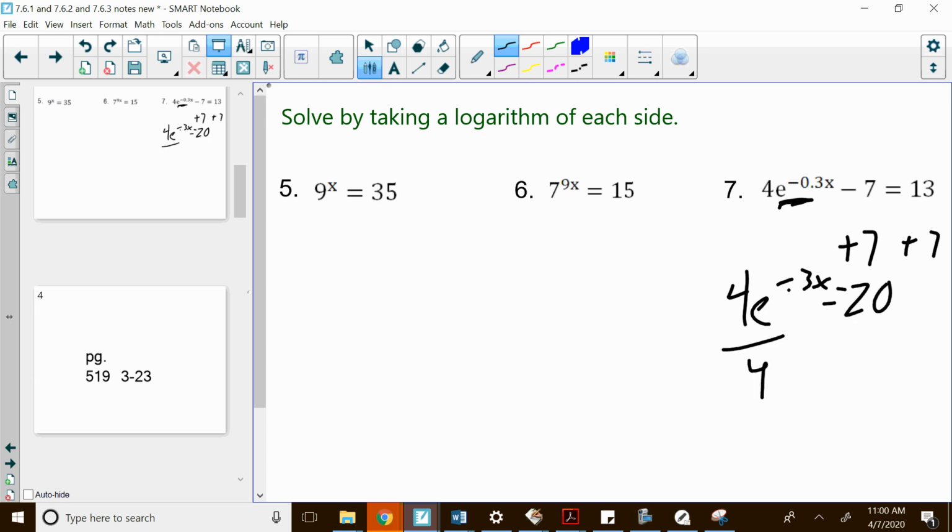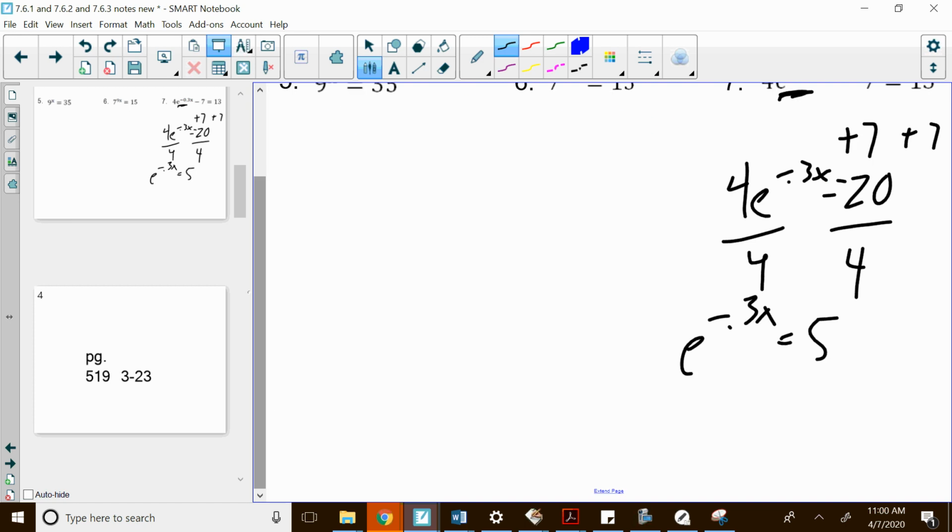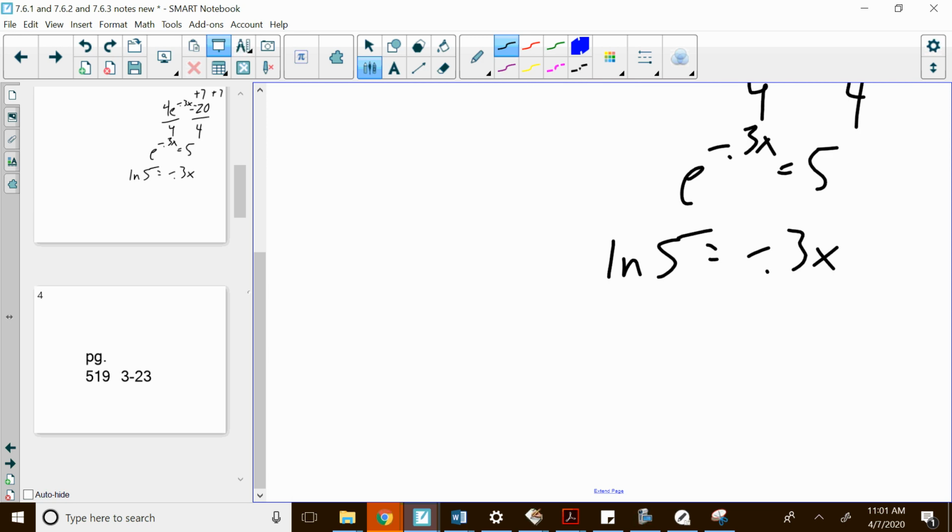Then we're going to divide by 4. Again, get that 4 out of there. We're trying to get the base raised to that power by itself. So e to the negative 0.3x is equal to 5. Now we're going to rewrite forms, only it's not a log but a natural log. This means the natural log of 5 equals negative 0.3x. It's just rewriting forms. Okay, and then we are going to do that. That's just calculator work. The natural log of 5 is 1.61, blah, blah, blah, and then divide that by negative 0.3, and you're going to get x equaling,